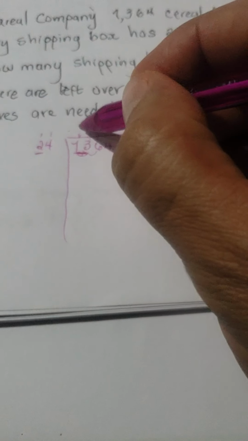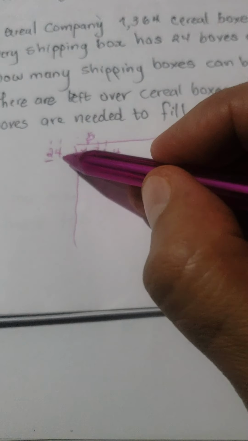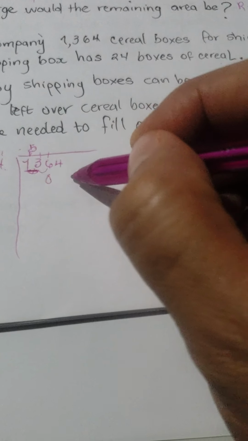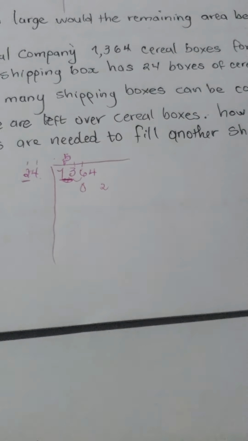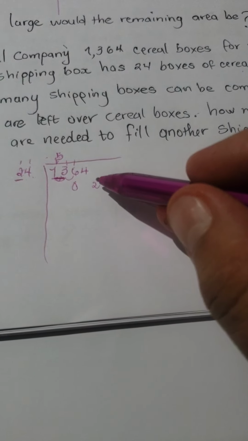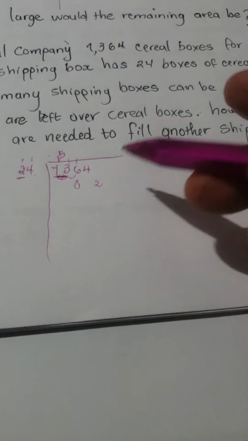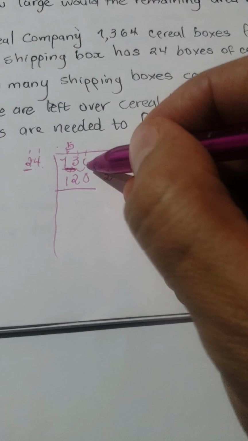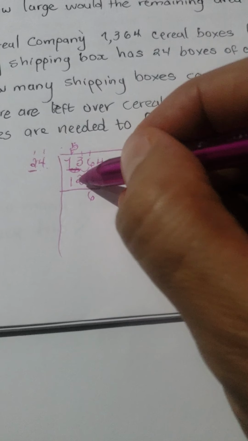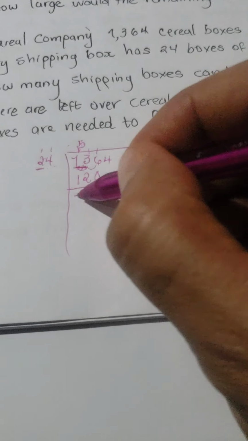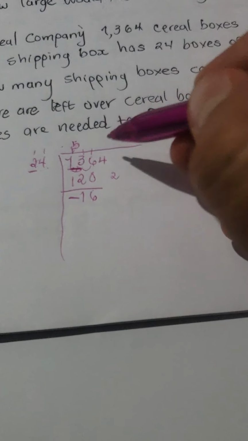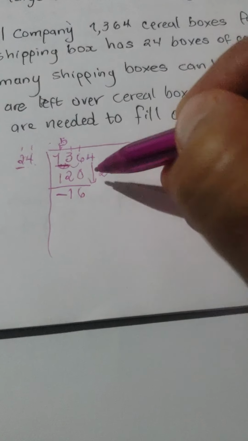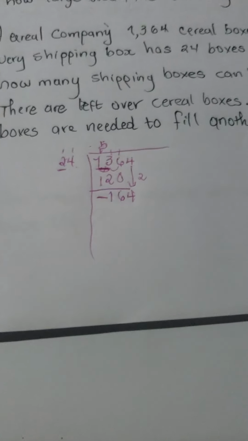So I will make it 5. 5 times 4 is 20, and you got 2. 5 times 2 is 10, plus 2 is 12. And we make the subtraction. 6 minus 0 is 6, 3 minus 2 is 1, and 1 minus 1 is 0. The next step is to drop the number 4 down. And we have